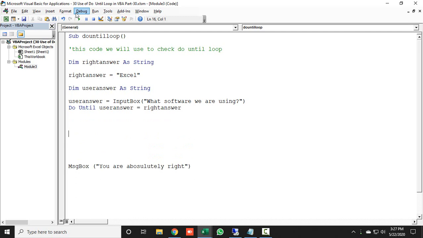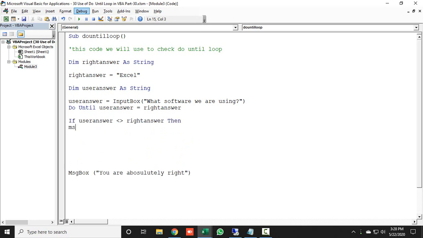And if the user did not put the correct answer, it means if userAnswer is not equal to rightAnswer, then simply generate a message box and say please type your correct answer. And I need to run this loop again and again until the user types the correct answer.